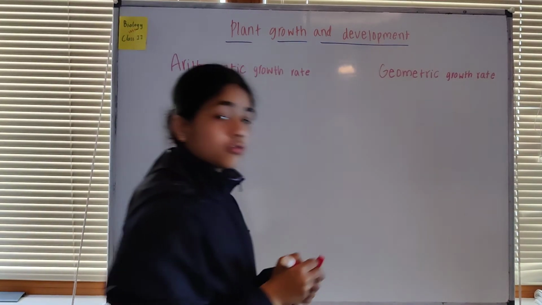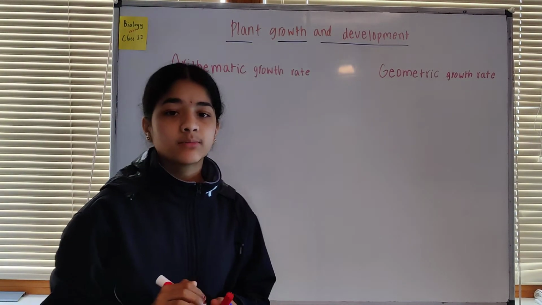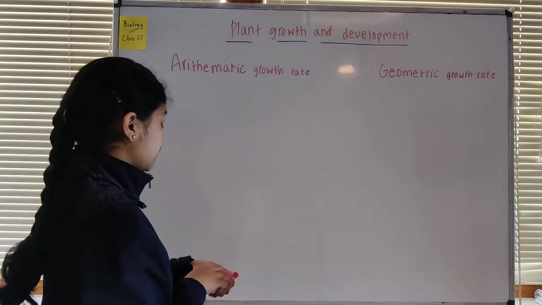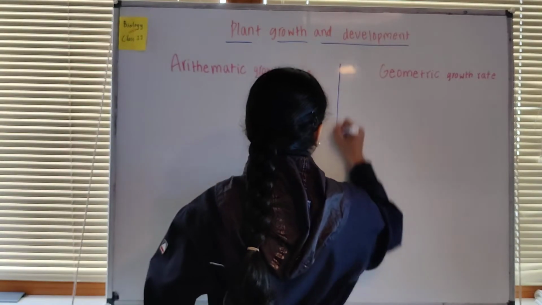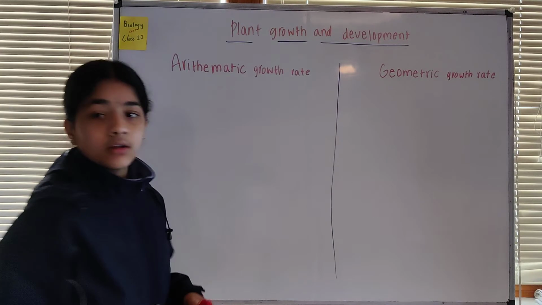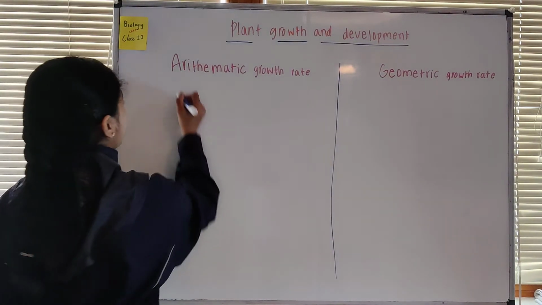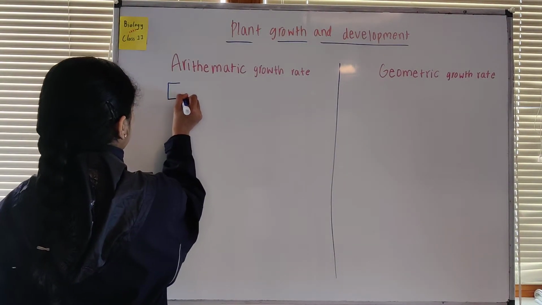So arithmetic growth rate and geometric growth rate. These are the two types of growth rate which are present in plants. So first let's start with arithmetic growth rate. Now here what happens is, if there is a cell,